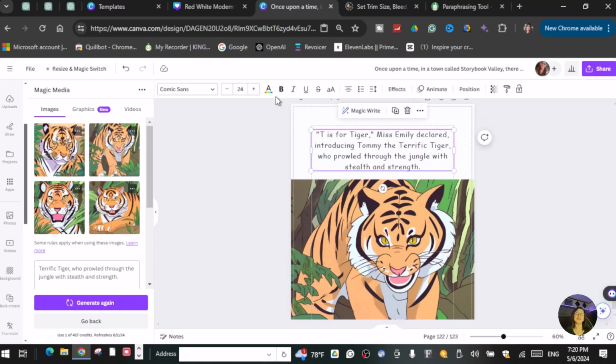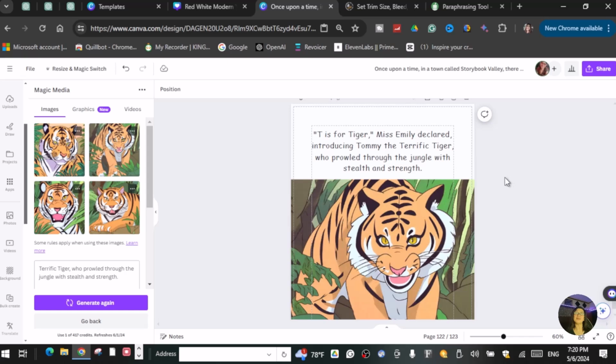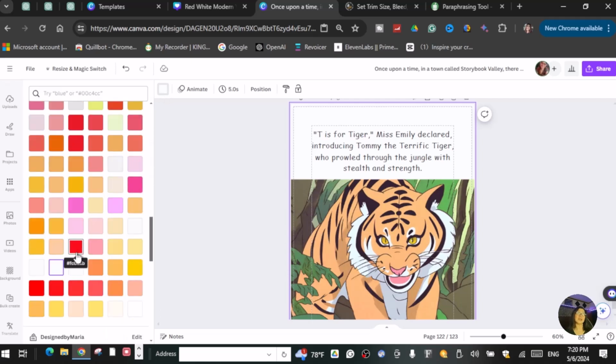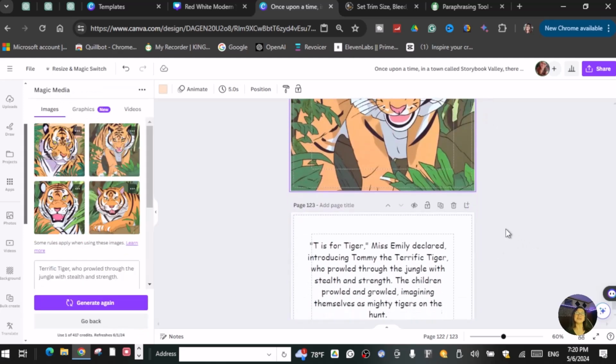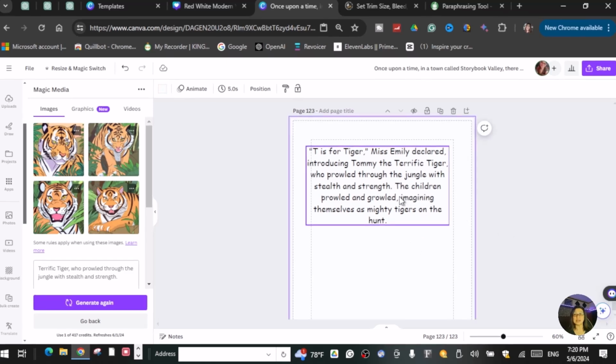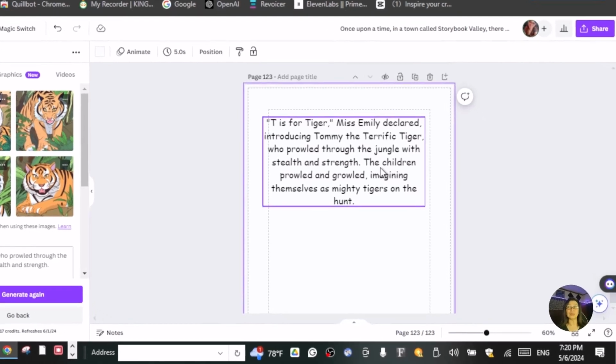You can also make the font 25, a little bit bigger if you want to. And you can also change the background color of this. So click this one, and it's all up to you guys what background you want. I wanted this one, the same color as that tiger. And then once you finish with that, now let's go to the second picture, which is